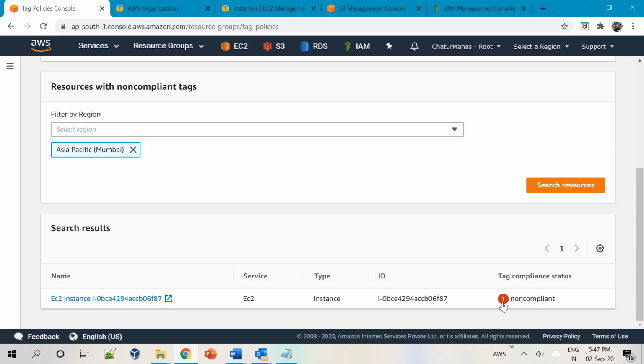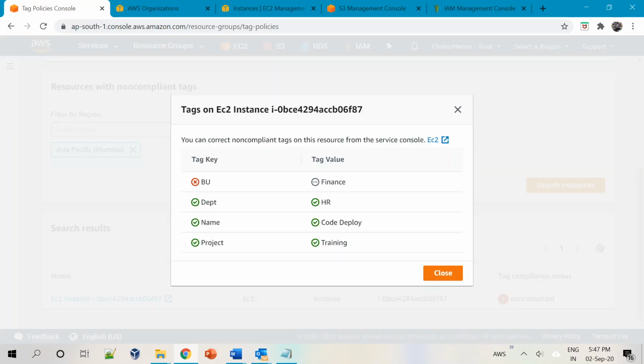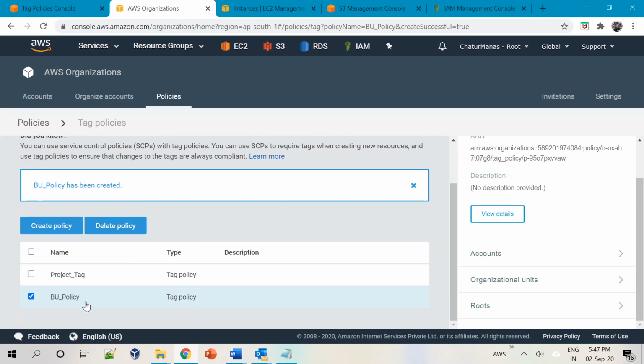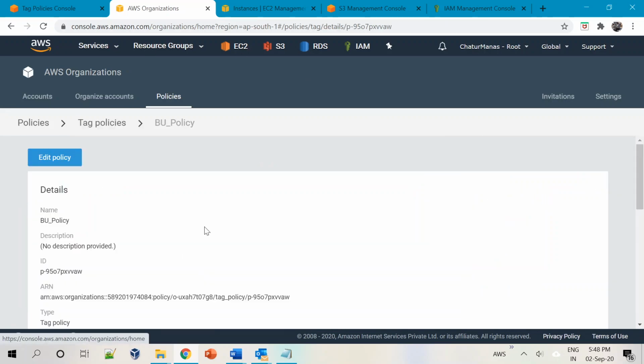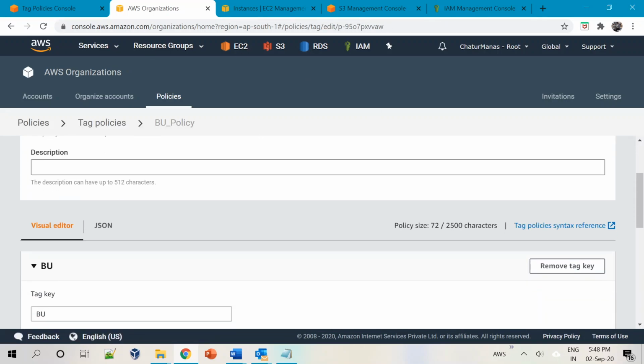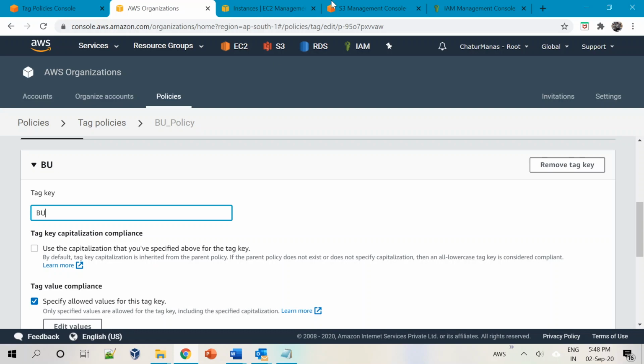The reason for that was this BU. The way we had given it here was, I think, small letters. Now the tag value is this one. Use capitalization. Okay, this we had not done. That's the reason. It does not take it, so it has to be capital.